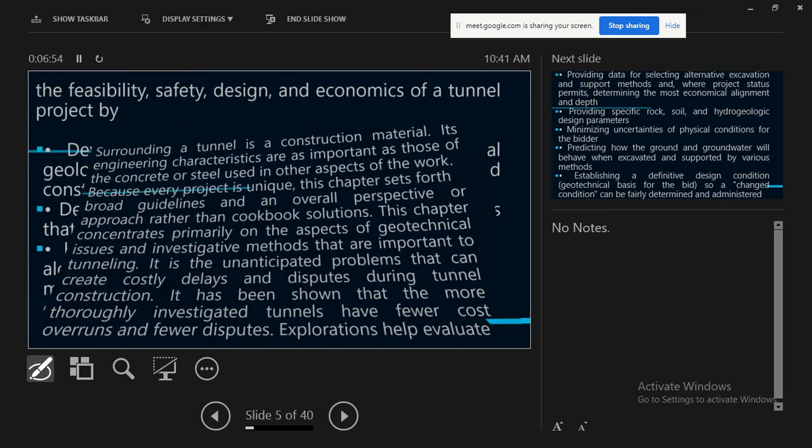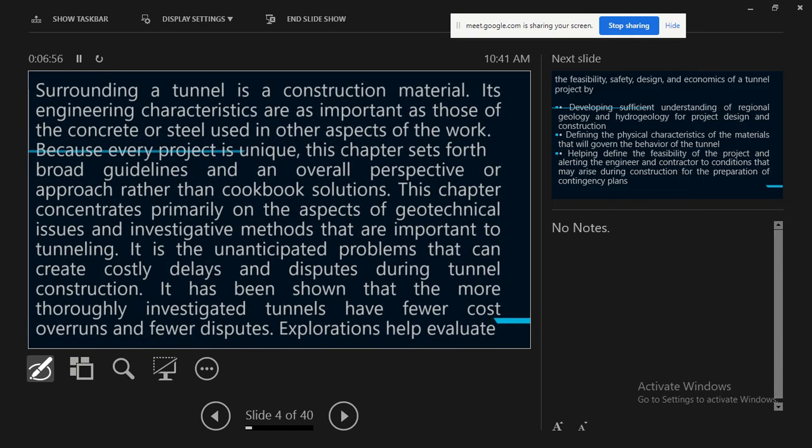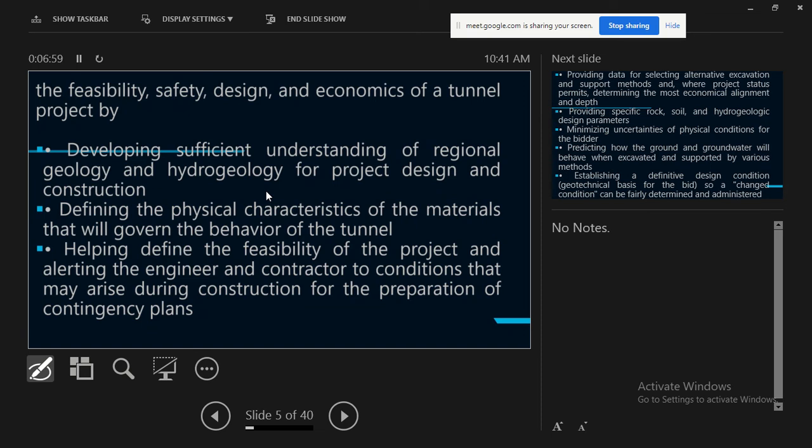So the explorations help to evaluate the feasibility, safety, design, and economics of a tunnel project by developing sufficient understanding of regional geology and hydrology for project design and construction, defining the physical characteristics of the project that will govern the behavior of the tunnel, helping define the feasibility of the project and alerting the engineer and contractor to conditions that may arise during